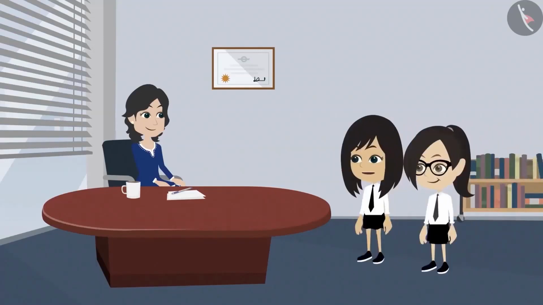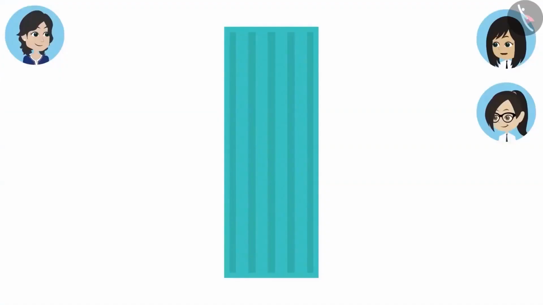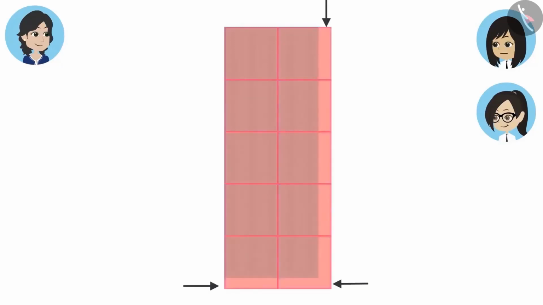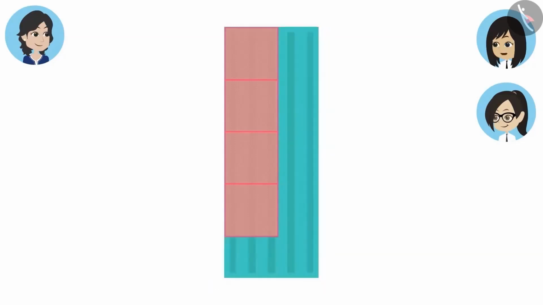Madam, we are facing difficulty in measuring shapes. Why? You have already learned how to measure shapes using square-shaped pieces. Why is it difficult now? Madam, the difficulty is that we are not able to measure many shapes. Which shapes? For example, our pencil box. When we are trying to measure it with square-shaped pieces, some of the pieces are left out of the shape. And if we remove them all, then the pencil box is not covered properly. Do you have any solution to this problem?